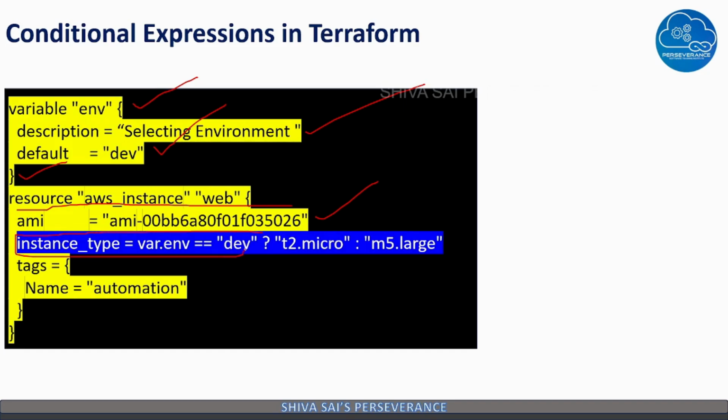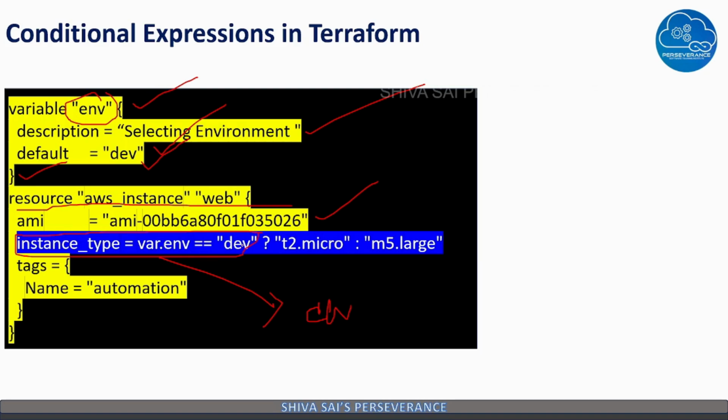So if the instance type is equal to var.env, which is double equals to dev. What is the value of var.env? This is the variable, so this will be the value. So this becomes dev now, correct,